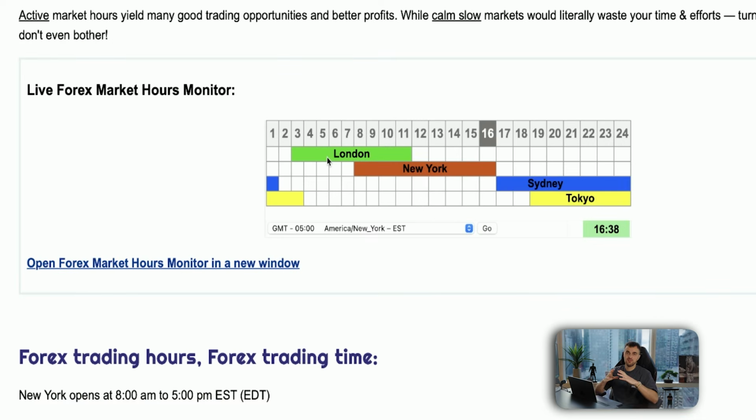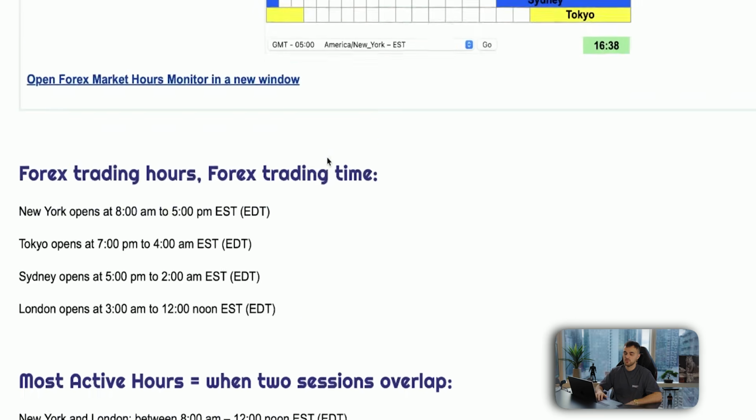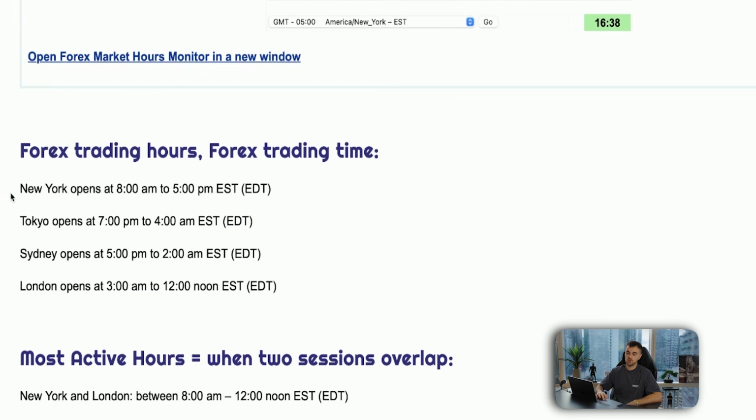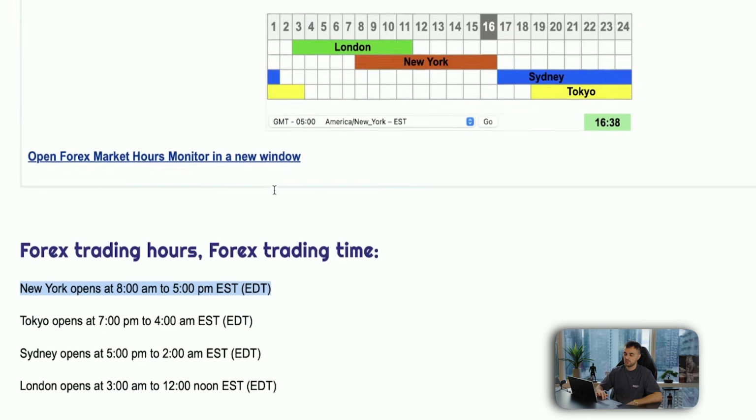So when it comes down to building your routine, maybe even around these times, you want to know what pairs you're also focusing on around these times and which pairs move the most in these hours. New York session opens up at 8 a.m. to 5 p.m. Eastern time. Mostly, that's where you're going to see a lot of the US dollar market moving. Stocks, gold, indices, or even currency pairs that have the USD inside of it, like USD CAD, Euro USD, GBP USD, USD Japan. London session is really good for GBP pairs or Euro pairs like GBP USD, GBP Japan, Euro USD, or Euro GBP, Euro Japan, pairs that have the Euro or even the GBP inside of them.